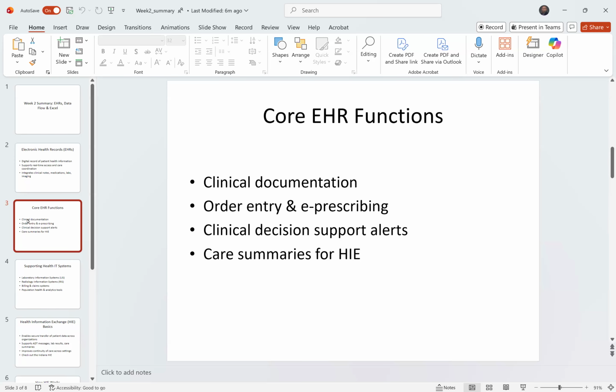We're most familiar with e-prescribing because that connects the electronic health record to outside entities as well, your CVS or Walgreens. And again, HIPAA really promoted that. That was one of the first things